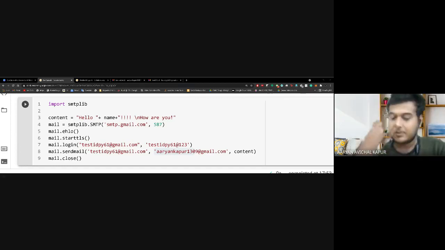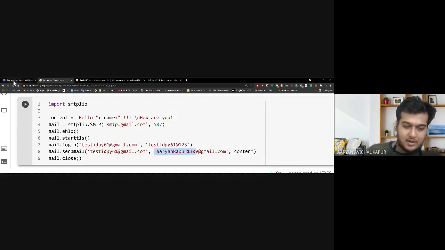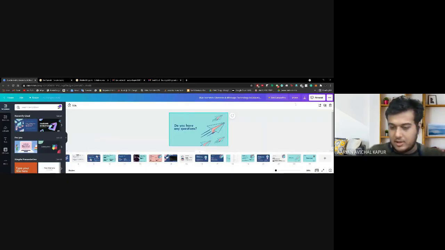Everyone else, is there a code where we can send email without writing the password? Without the password, it won't be possible for Python to access your email. That is why I said you should create another ID, a test ID, and use that. Otherwise, the code that I've shared already has a test ID that belongs to me; you can use the same credentials. You're going to delete that email ID after this session, right? So I will again go to global and local variables, and I think Ronak asked this question.